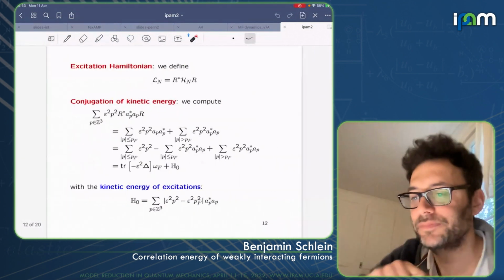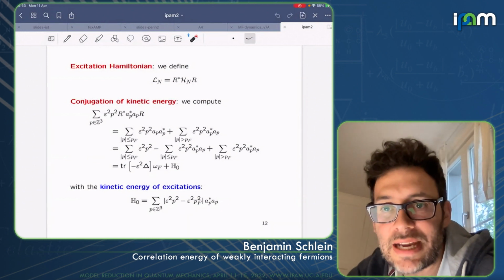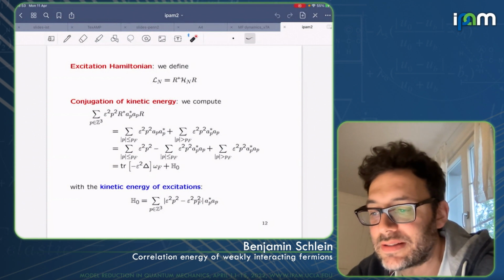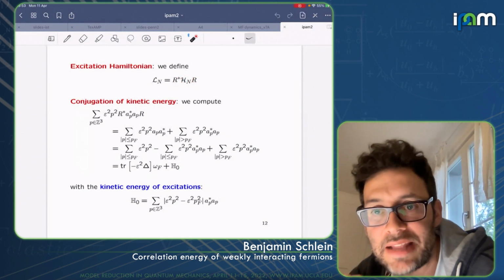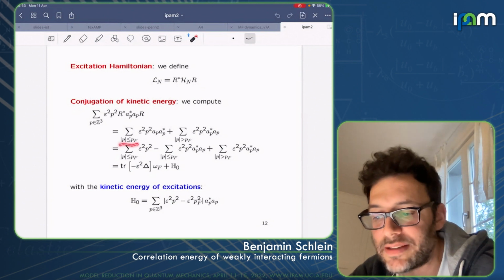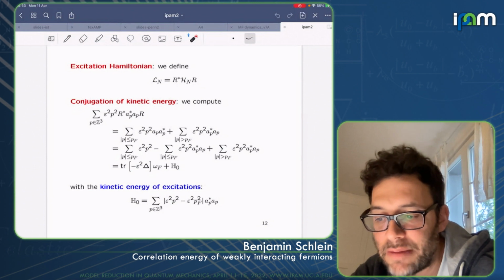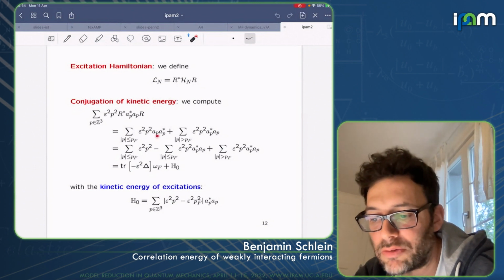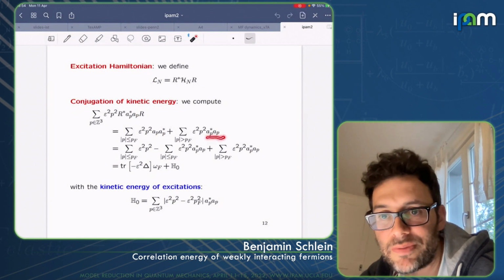Let's go on. Good. Once you introduce this R here, then of course you would like to understand also the energy of the system in terms of these excitations. So you conjugate the Hamilton operator with the R. Okay, so here is what happens if you do it with the kinetic energy, right? Here we have to compute the action of the R on the a_p star a_p. We have to distinguish two cases, p small and p large. If p is small, you remember the action of the R is to switch a star to a and a to a star. If you are outside the determinant, nothing changes, okay?